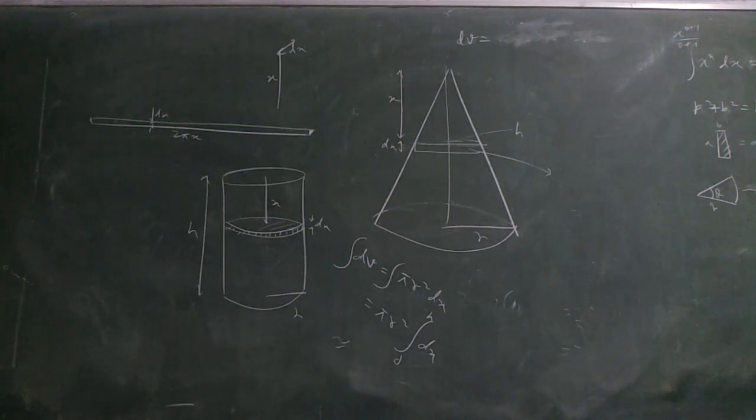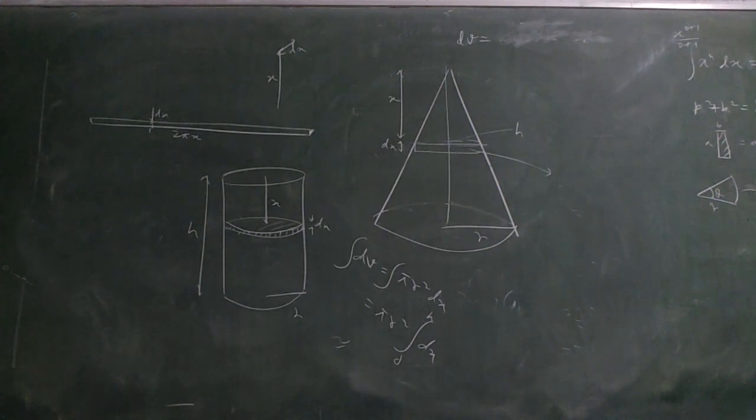If the apex angle, half of it, I call it theta, then tan theta is what? R by h. And if I see the smaller triangle, with some random r dash, it is r dash by x, or not? So tan theta is r by h, equal to r dash by x. Which is the same as similar triangle ratios: R by r dash is equal to h by x. So r dash is r into x by h.